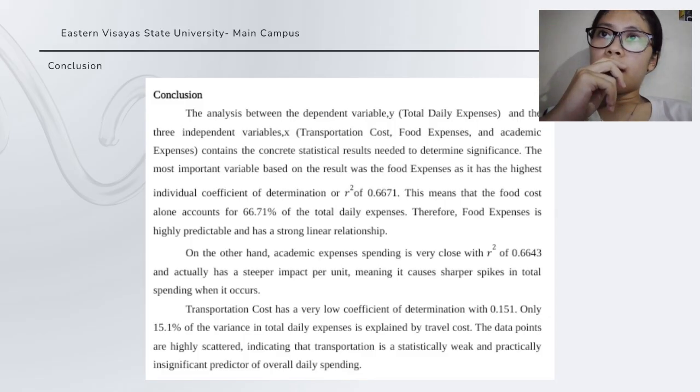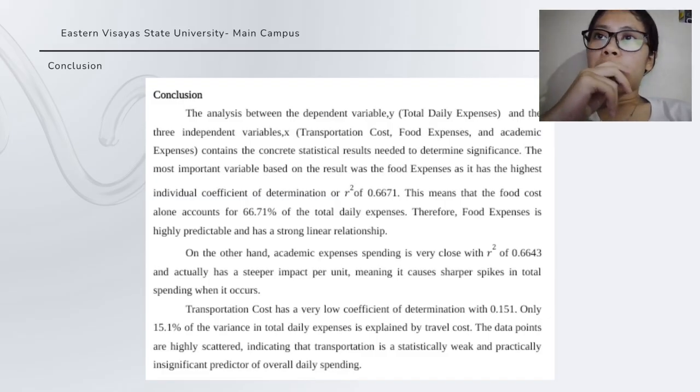The most important variable based on the result was the food expenses, as it has the highest individual coefficient of determination, or r squared, of 0.6671. This means that the food cost alone accounts for 66.71% of the total daily expenses. Therefore, food expenses is highly predictable and has a strong relationship